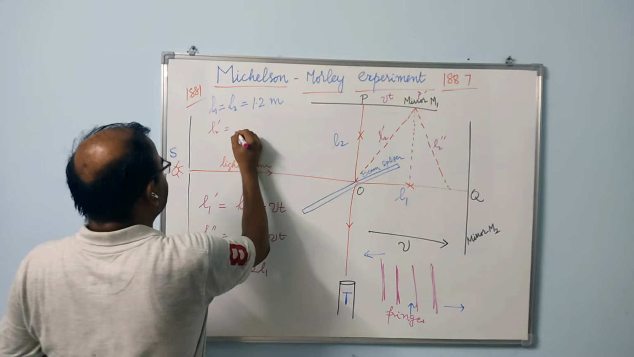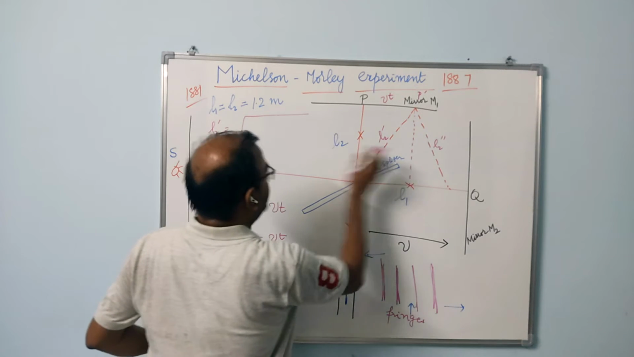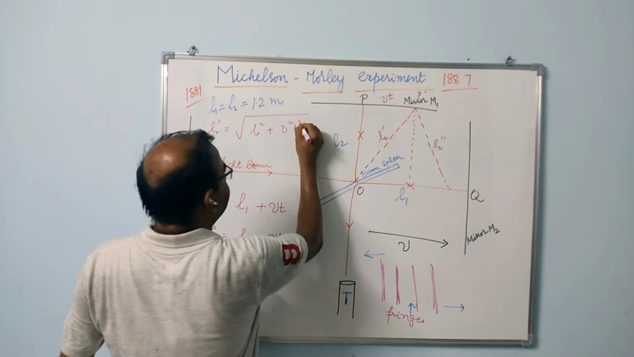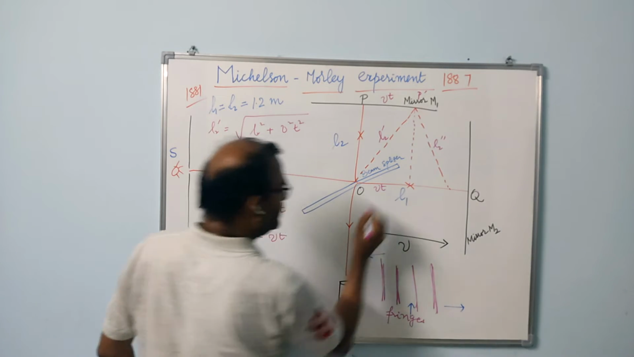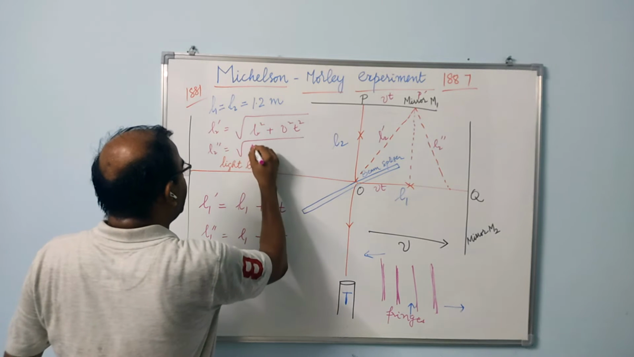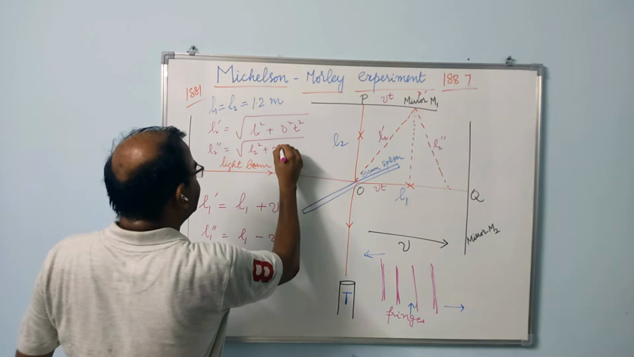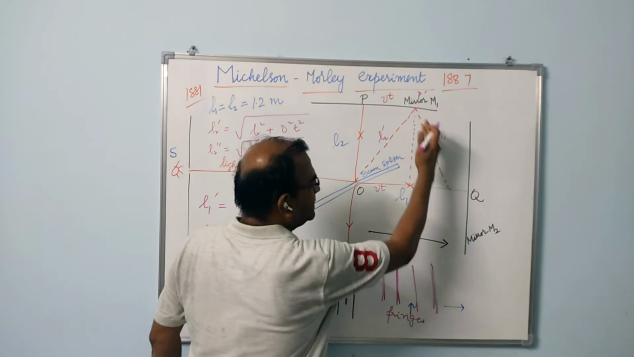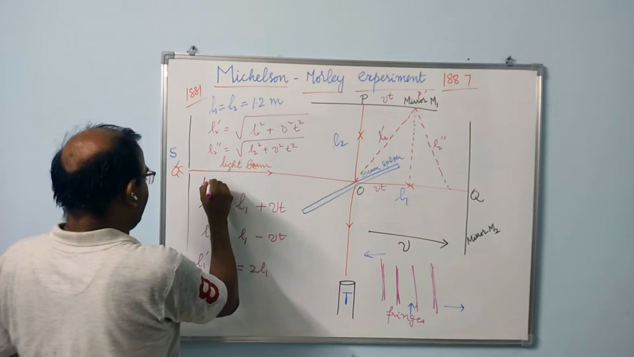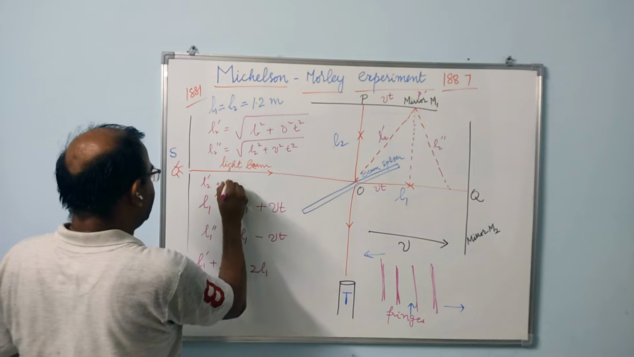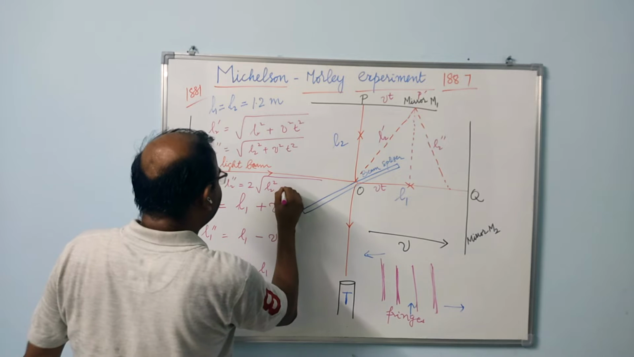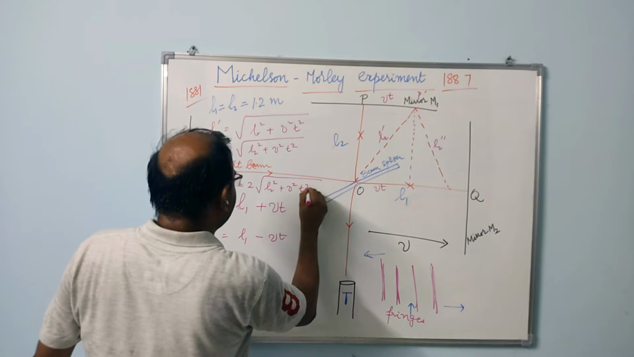L2 prime is going to be the square root of L2 squared plus V squared t squared. This distance is Vt. And L2 double prime is going to be equal to, again, the square root of L2 squared plus V squared t squared. That is this distance. Now, if you combine this, we get L2 prime plus L2 double prime is equal to 2 times the square root of L2 squared plus V squared t squared,